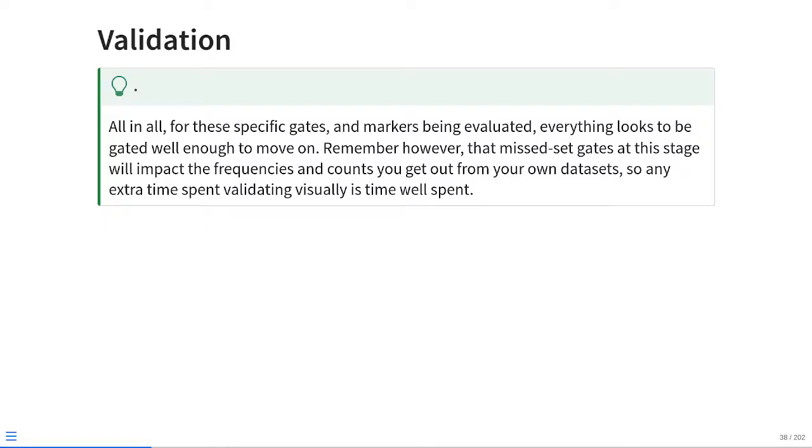All right, so all in all, we have gone ahead and used OpenCyto. We've applied specific gates, and everything looks to be roughly gated correctly as far as what we are looking at today. However, remember, especially when you do this for your own gating sets for your own data, any gates that are accidentally misplaced at this stage are going to impact your frequencies and your counts that you see for your own data sets. So it's definitely worthwhile visualizing your data that you have used an automated gating algorithm to gate, just to make sure everything is actually behaving as you're expecting